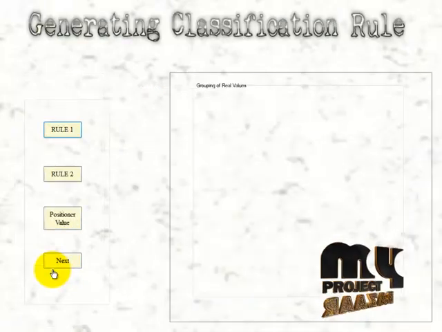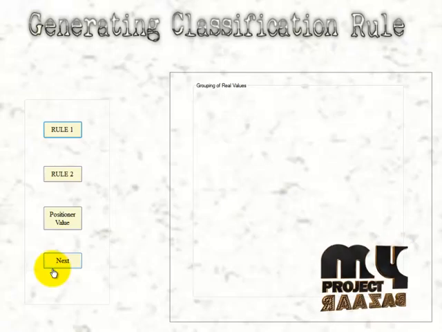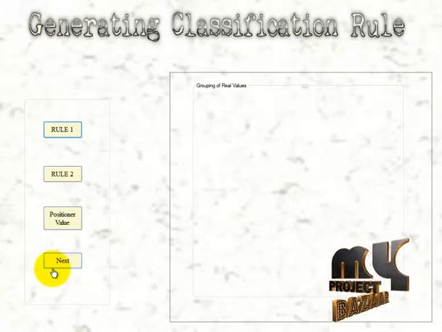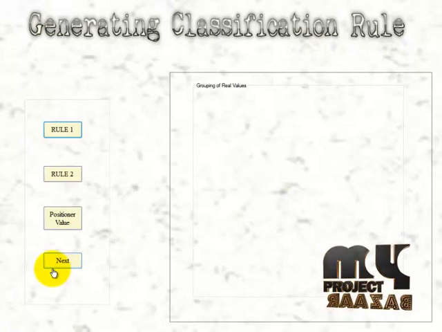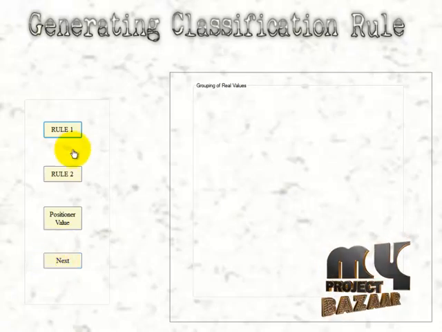And when I click on this proceed button, I am going to the next step, that is generating the classification rule. This is actually our first model. We are going to generate our classification based on the rule. That is, we have already learned the classification 1 and the classification 2 rule. At last we are going to fuse those two rules.